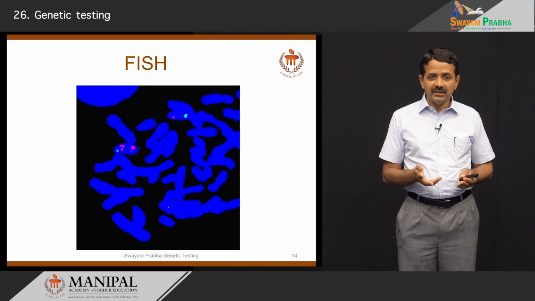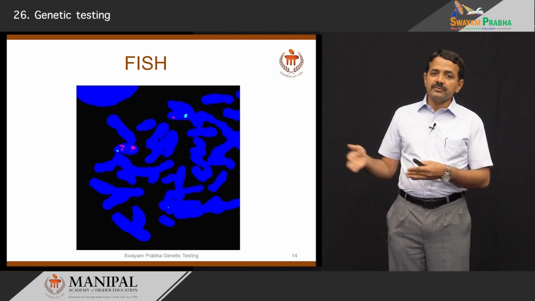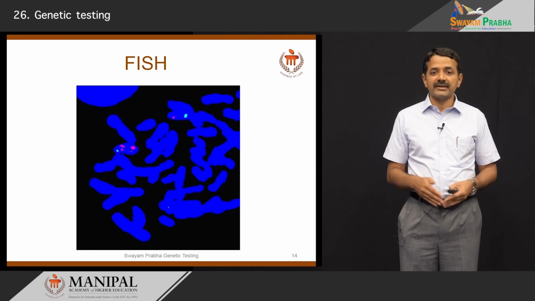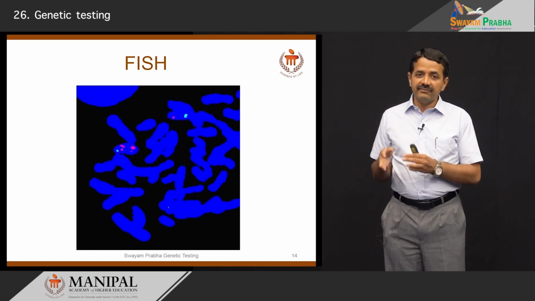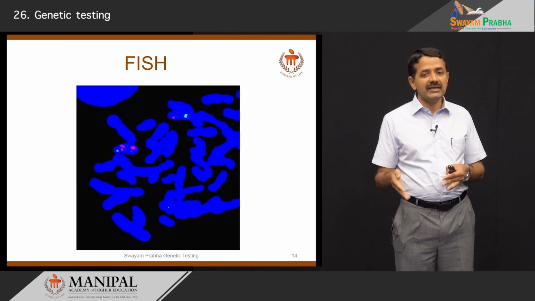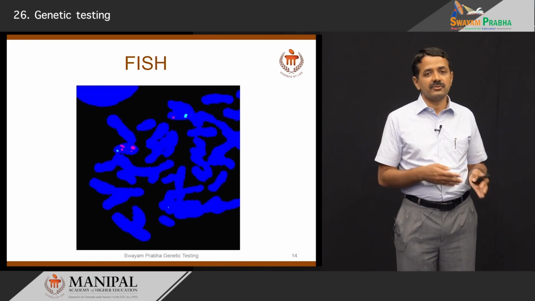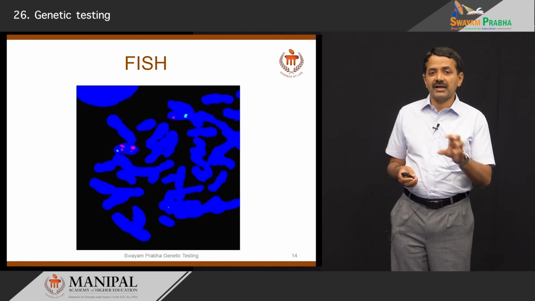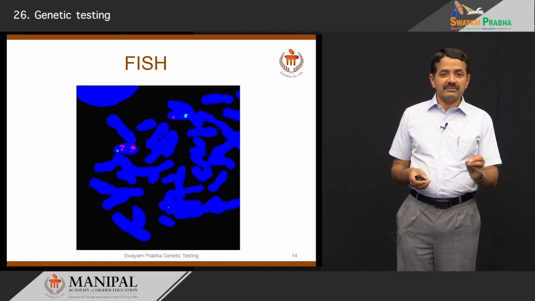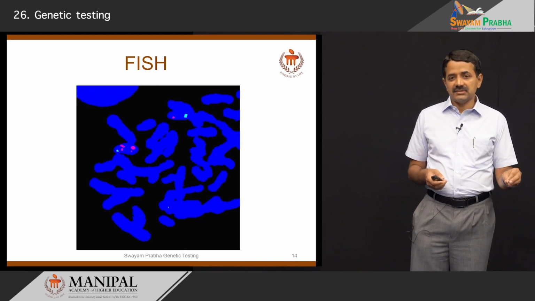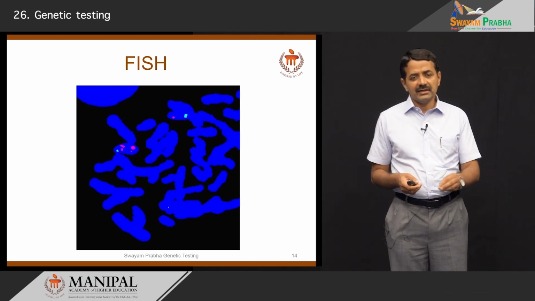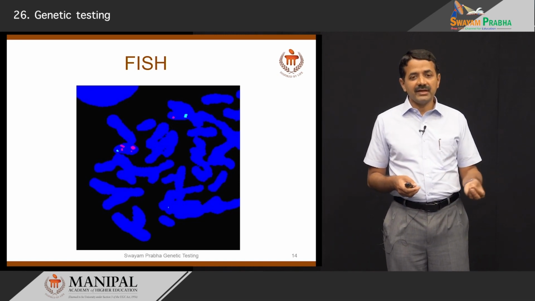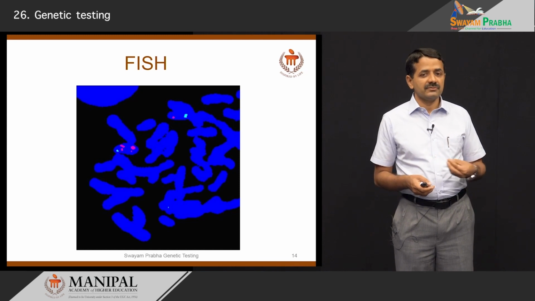This can be done for all the chromosomes, or for selected chromosomes like trisomy 21, or for selected defects like 15q deletion, where we suspect Prader-Willi syndrome or Angelman syndrome. This is how a targeted segment of the chromosome can be analyzed using FISH. FISH is a little labor intensive. So, we now have better techniques, equally rapid, but FISH was one of the tests which was used widely,